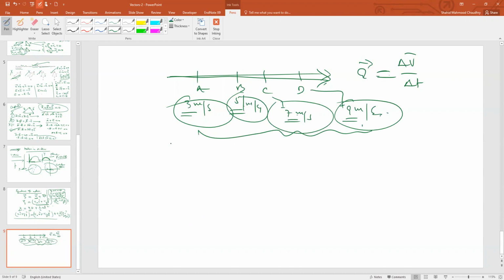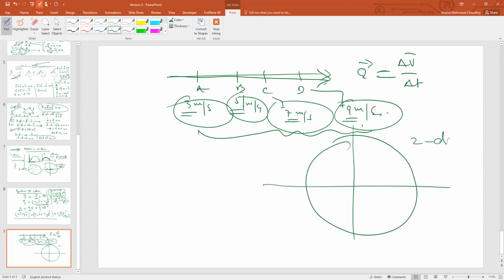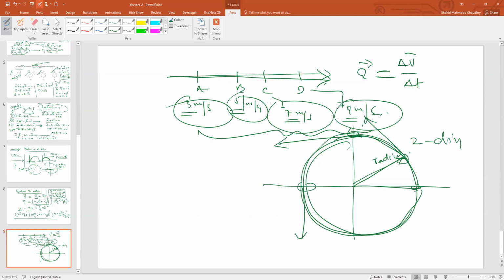Now, I'm coming towards two-dimensional. Circle. In a circle, the motion is two-dimensional. When a body is moving around a circle like this one, this value remains the same. The distance from the center, this is called the radius, is the same. So at this point, the velocity is here. At this point, the velocity is here. At this point, the velocity is here. At this point, the velocity is here.